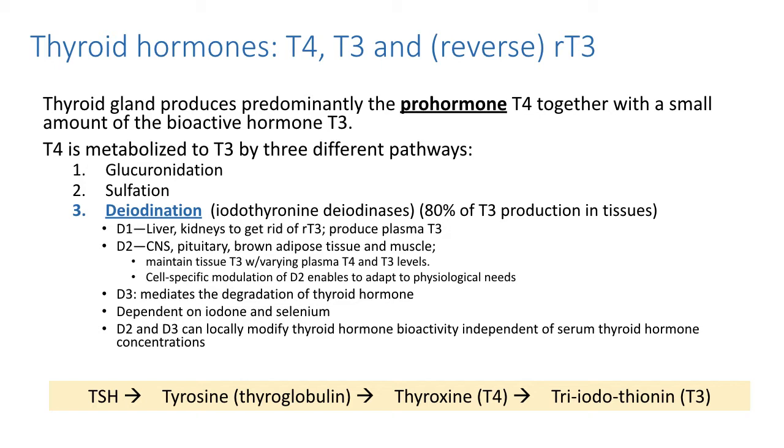One is glucuronidation, which I can't pronounce, sulfation, but the primary method is actually deiodination, which is essentially taking away an iodine molecule from T4 and it becomes T3. So you take away this one iodine molecule. Depending on the way that you take away the iodine molecule, whether you take it away from an inside ring or from an outside ring,